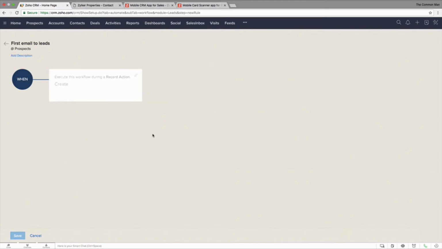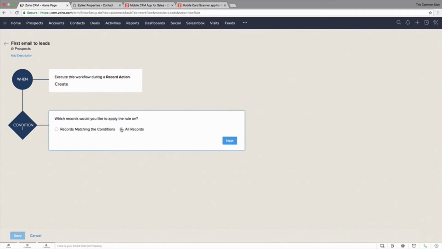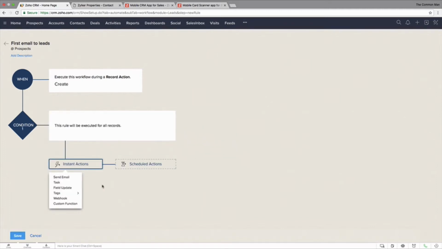I'm going to select create for now. And again, here you can use any of the fields to set filters to tell the system, trigger this workflow rule only for the leads which satisfy this filter or this criteria. But to keep things simple, I'm going to go for all records, hit next,